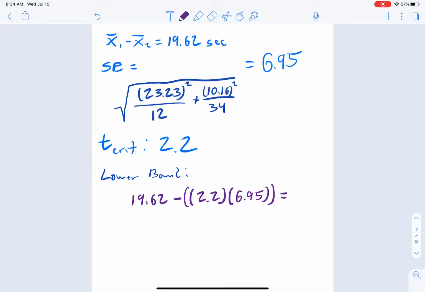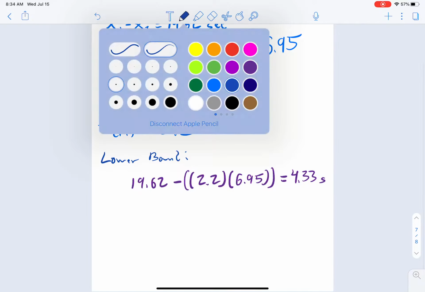You can fast forward through this. So 19.62, I just want to make sure I've got this. Okay, and then 2.2 times 6.95. Okay, I was right. So that turns out to be 4.33, and then we'll put seconds there, right? Okay, and then the upper bound,